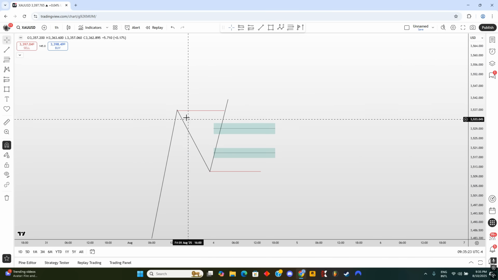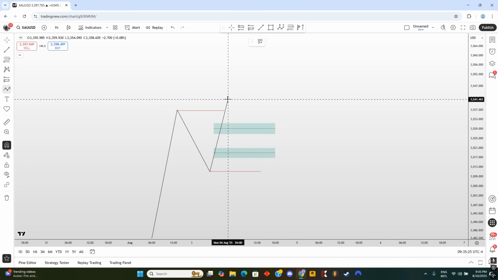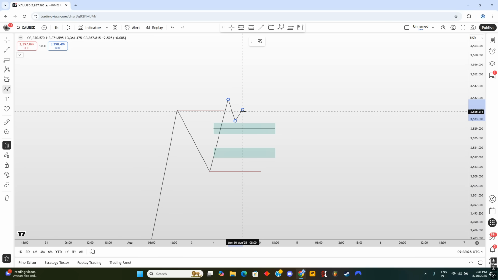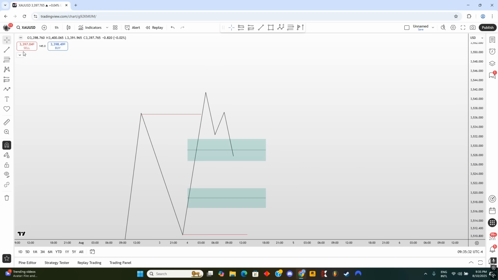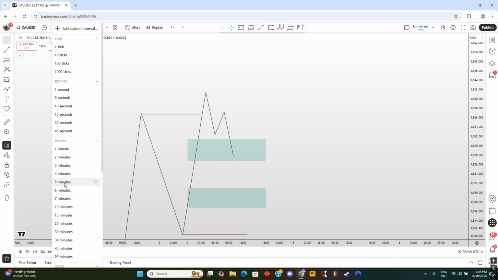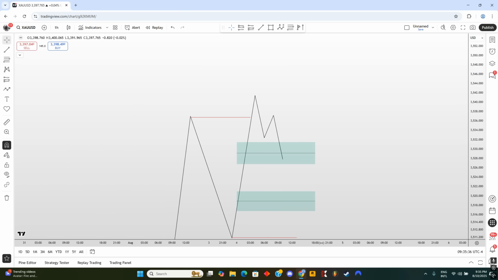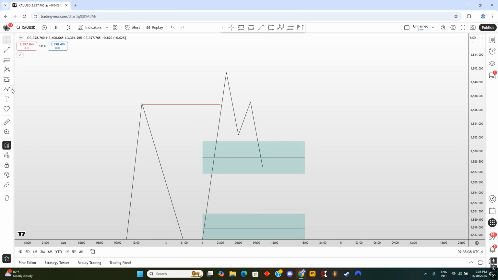So let's suppose that price basically comes down and taps into this 1 hour fair value gap, right? Now the next step is very simple. All you're doing is basically going down to the 5-minute time frame. Now from here onwards, from this dealing range high to this dealing range low, you are identifying fair value gaps. Okay, so 5-minute fair value gaps inside this dealing range.